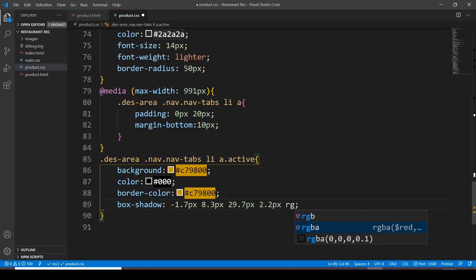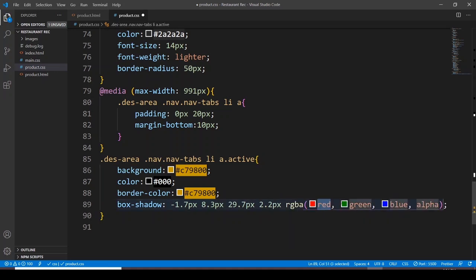And RGBA, I just want to go with 12, and then the next is also going to be 12, and it's also going to be 12, and then the alpha is going to be 0.18, and